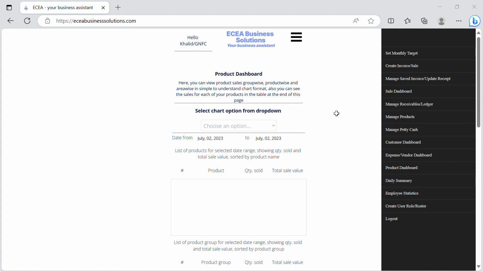And you can analyze them group wise also and product wise also. So say for example, you have an eatery, you have pizzas and burgers, for a very simplistic example. Under pizzas you have your pepperoni, you have your cheese, etc. And under your burgers you have your chicken burger, veg burger,